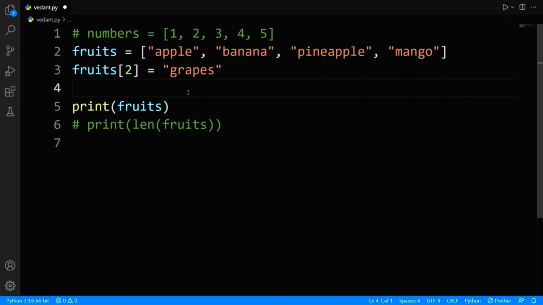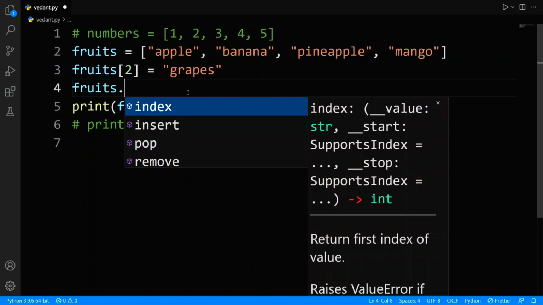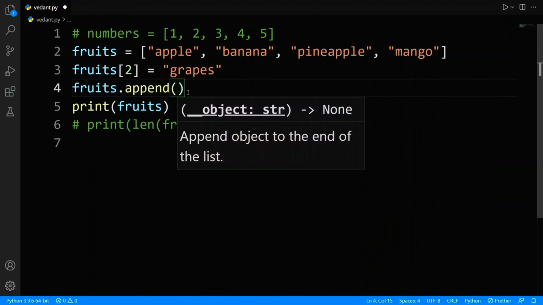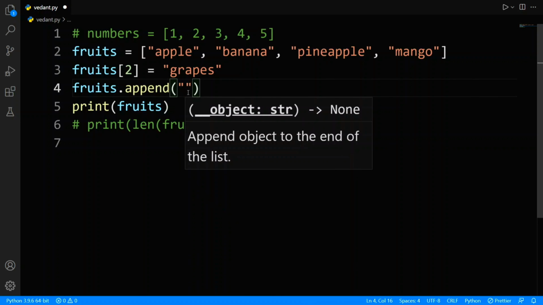So what you can do is you can add elements like this. You have fruits, you can add with dot append. You have this method append. With using this, you can append items to your list. So now let me append, what should we append? Let us append a pineapple again,